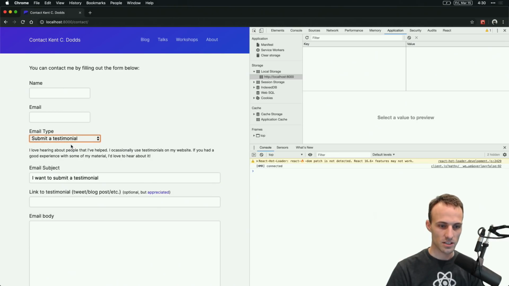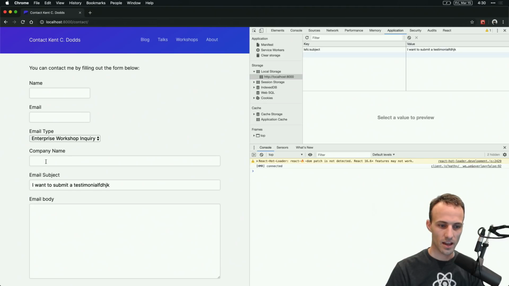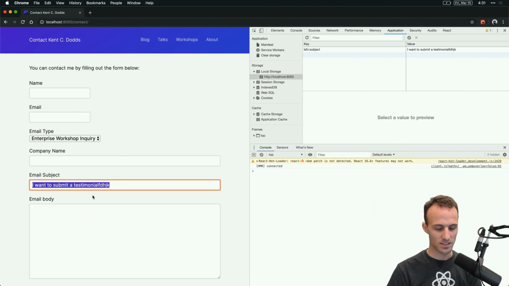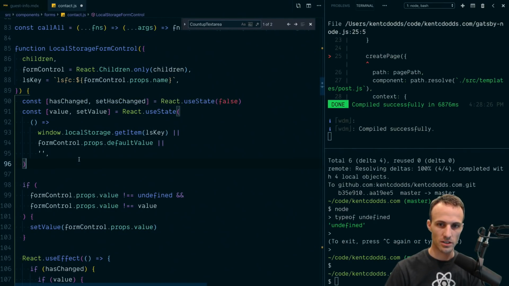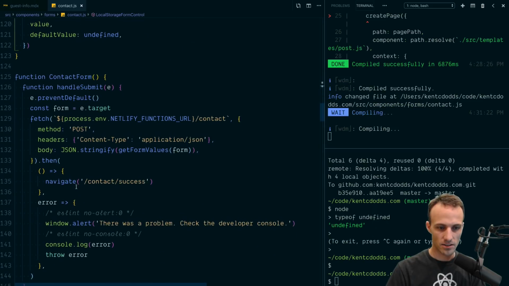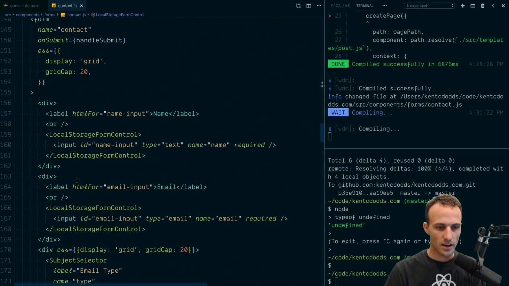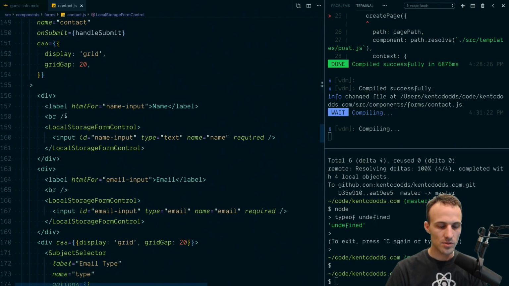Then if I go to submit a testimonial and then I change that, and then watch this, I'm going to refresh and it's going to go back and it's going to be, I want to submit a testimonial. So that's not great. Let's see. Yeah, this is where I'm thinking it'd probably be good to specify a different key value, the key for local storage, for each one of those email subject inputs, because they are technically different, so it would make sense. So yeah,